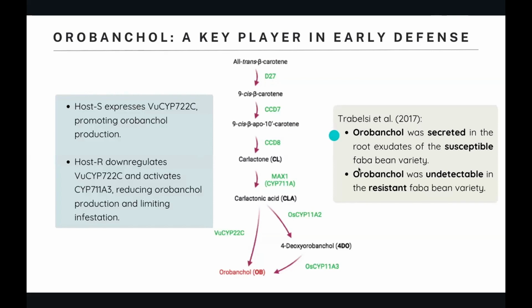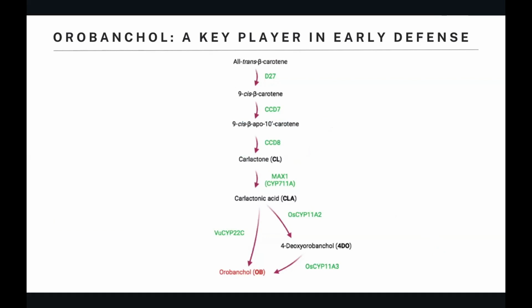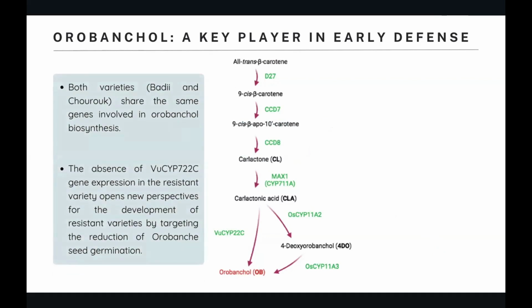And to understand the origin of this expression difference between the two varieties, we analyzed the presence of these genes in the genome of these varieties using simple PCR. And our results showed that all genes were found in both genomes, indicating genomic uniformity, and that the difference lies in gene expression level. This opens the opportunity to develop resistant varieties by targeting reduced germination, especially through the inactivation